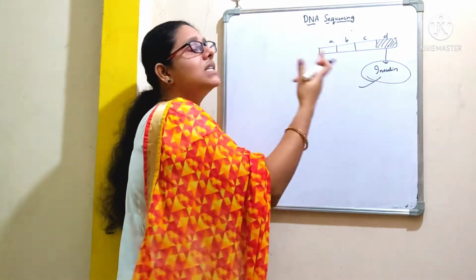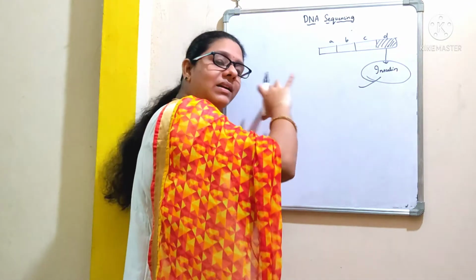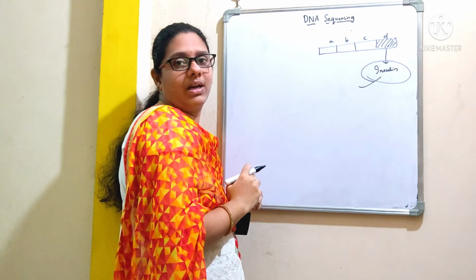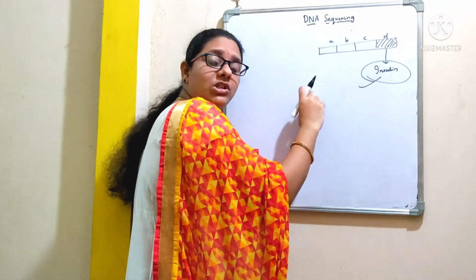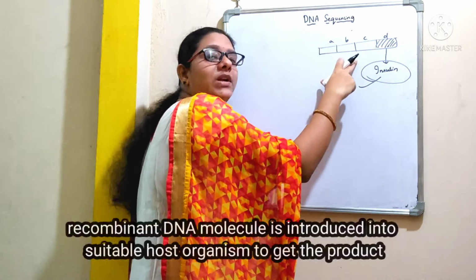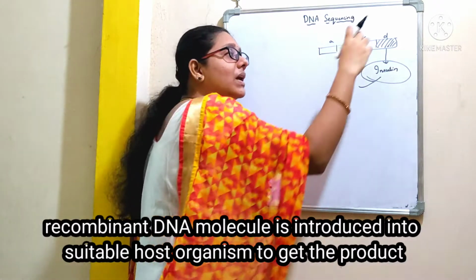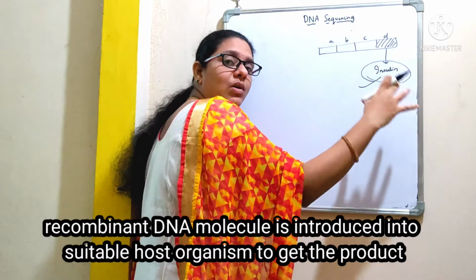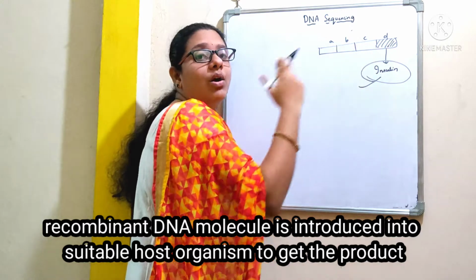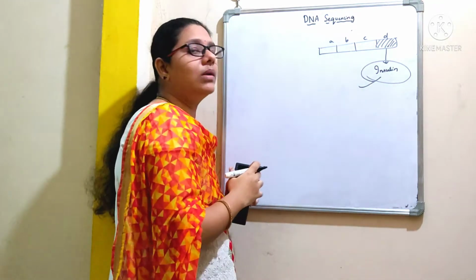If I sequence the DNA, I'll get the entire genetic information of an organism. I'll come to know the position of bases and also the expression of the gene. So I can easily pick a particular gene of interest, then I go with gene cloning to make a recombinant DNA molecule. I'll give you one more example.